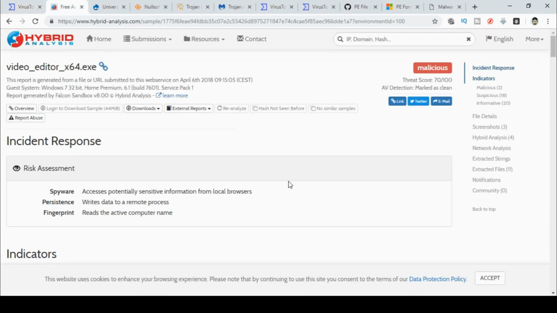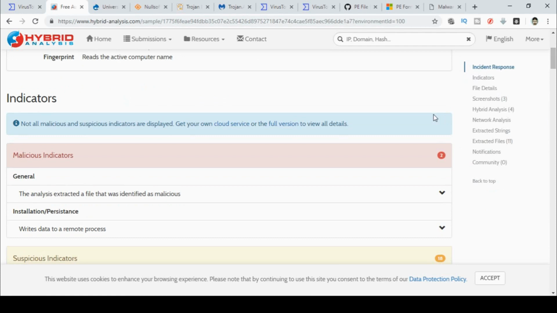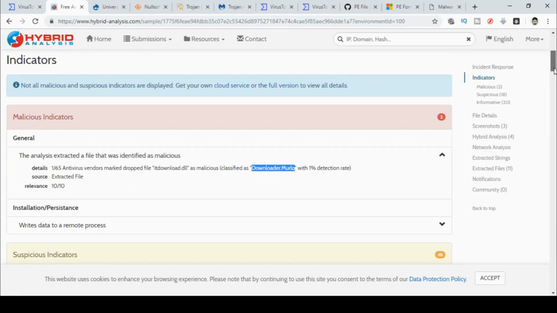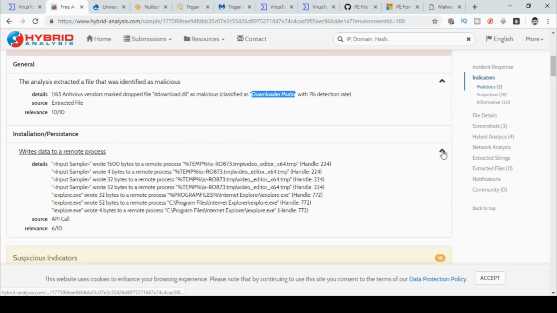Up at Hybrid Analysis, again, it is potentially malicious, 70 out of 100. That's not a good thing. As we scroll down here, under malicious indicators, we can see that it drops a DLL file called itdownload.dll, which is a downloader, or .merlot. So we take note of some of these names because we're going to Google them and find out what this does. As we keep scrolling down, it writes data to a remote process, which in this case is to a temp file. So obviously what's happening is the executable, which is a self-extractor, is then extracting out its contents and